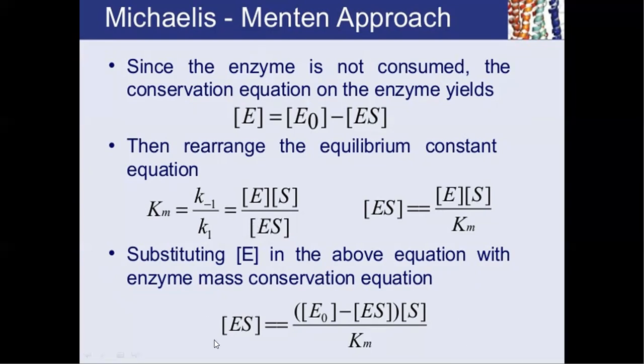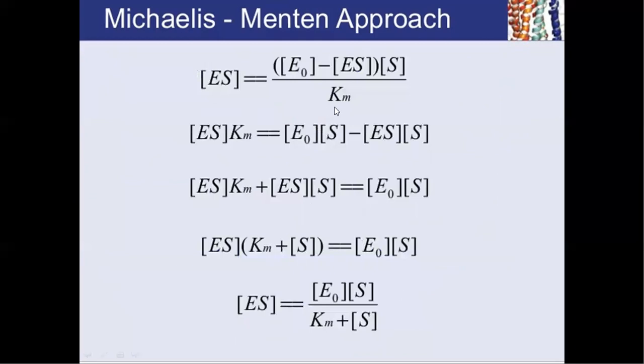So this is the value which is obtained from the equilibrium reaction. Here we are simplifying this equation in the next step. Here Km, which is multiplying with ES, forming ES into Km, is equal to E naught multiplied with S, E naught S, minus ES multiplied with S, ES into S. But in this equation, the negative sign component will come to the left hand side, and